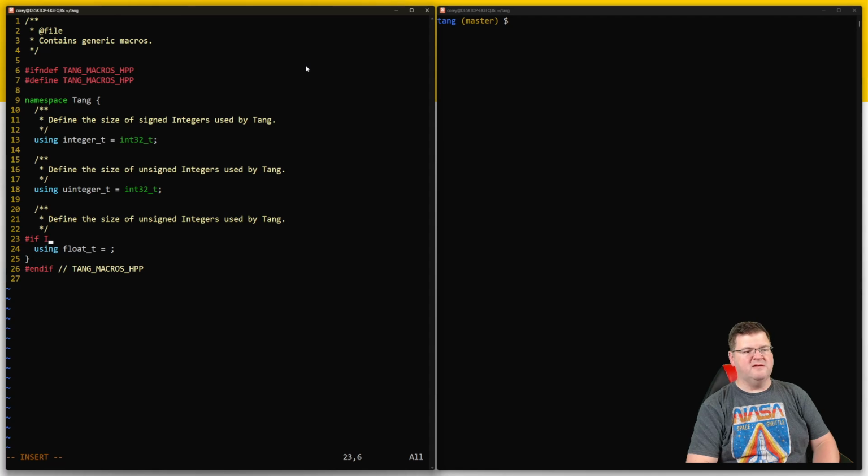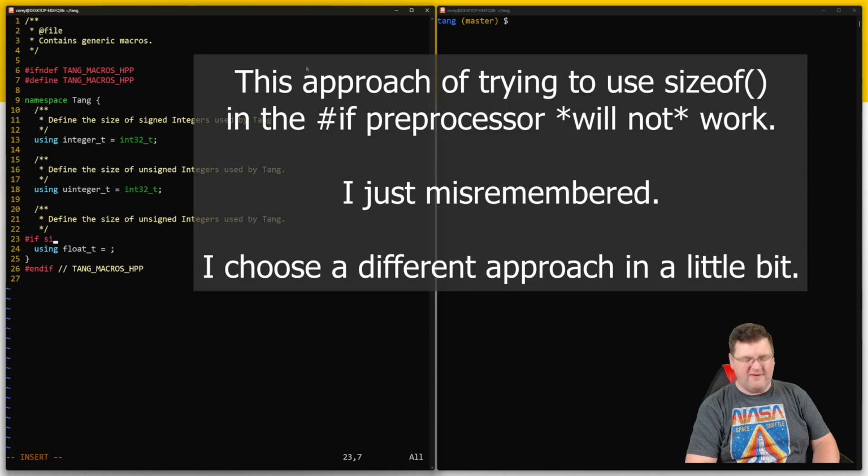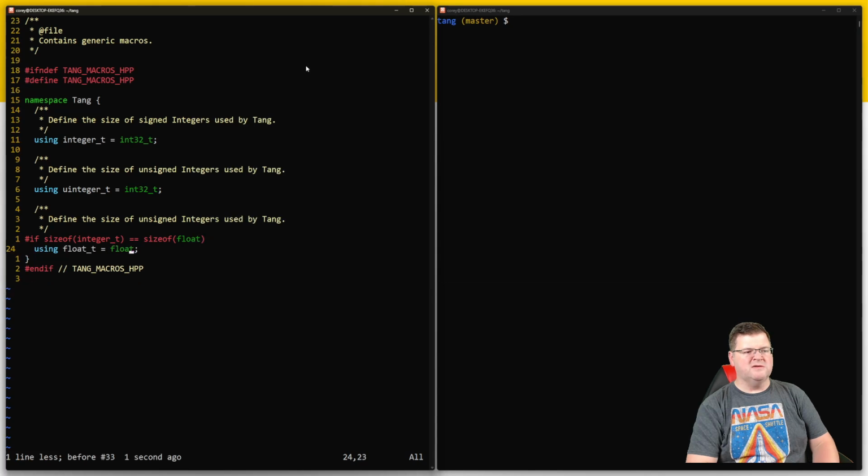If so, the if preprocessor, from what I remember, can't compare strings, but it can compare numbers, and it can do a sizeof integer_t is equal to sizeof float. Then it'll just be a float. Elif not